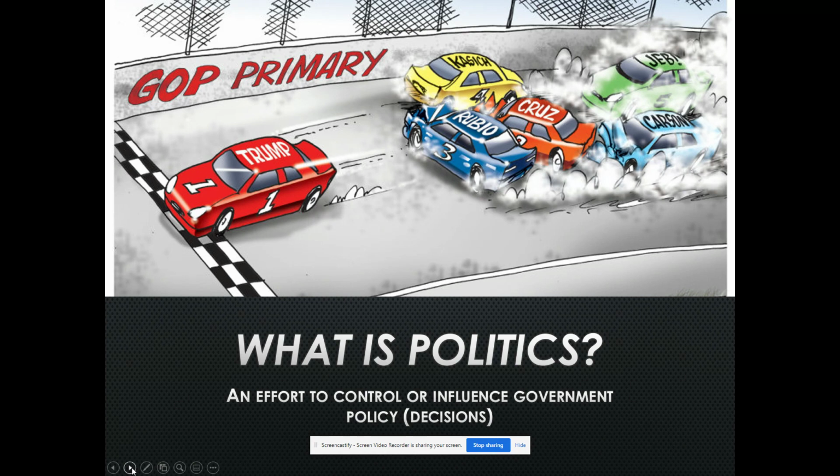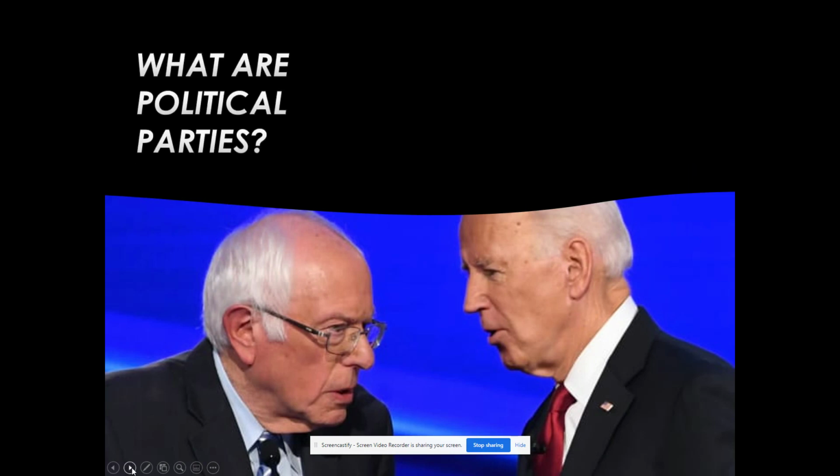And we'll briefly go over a little bit later on in this class that process of how he was able to do it. It's kind of a complex process involving 50 states doing 50 different things. But the bottom line for where we are right now is it was a political process. And so the next definition I want you to be aware of is the definition for political parties. And I know, again, obviously you know what political parties are, but the definition itself is real important to understand.